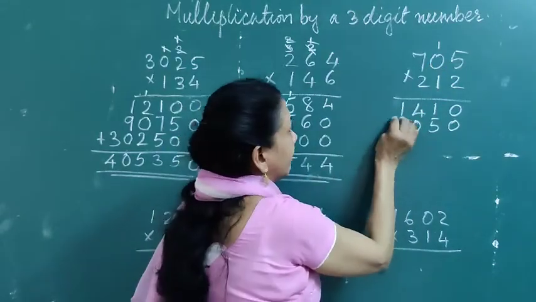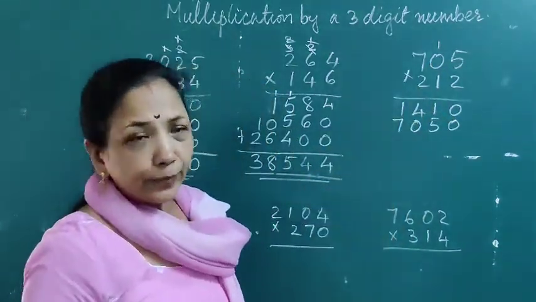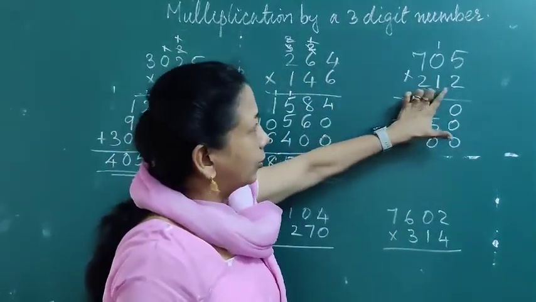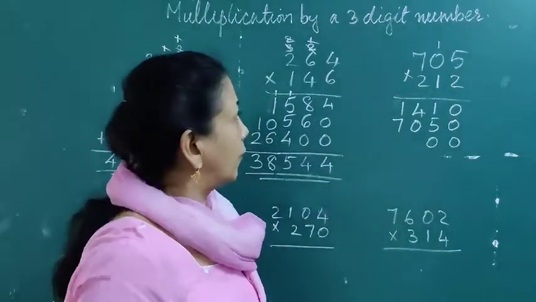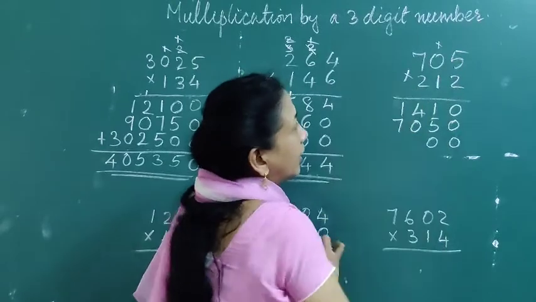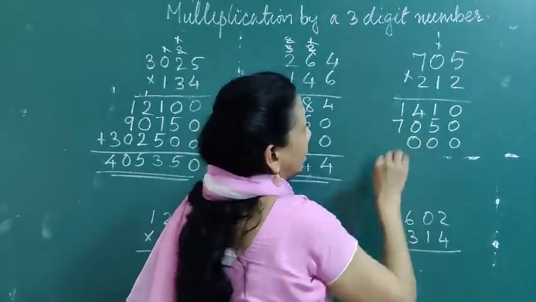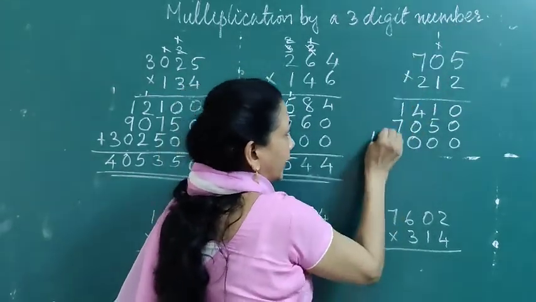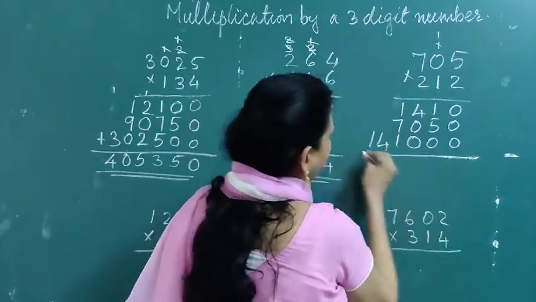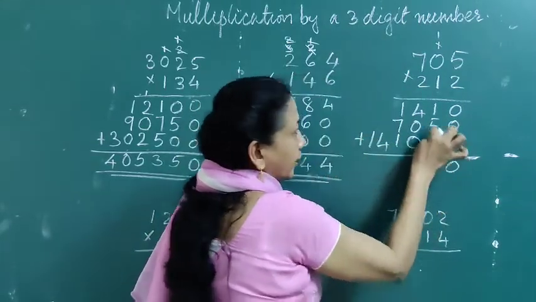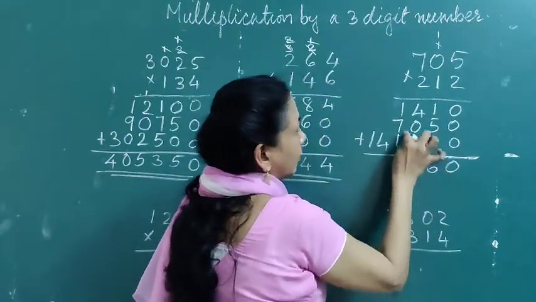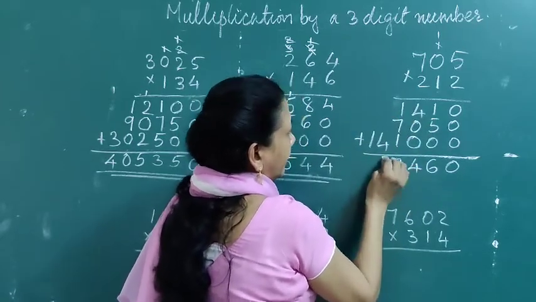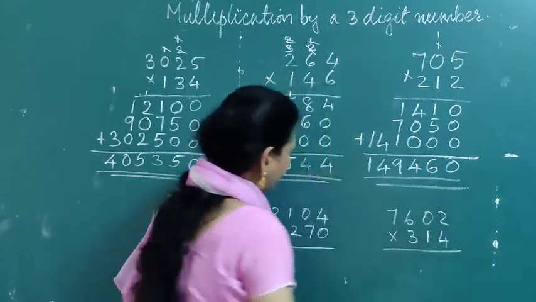1 7 is 7. Now you are multiplying with the hundreds place. So add 2 zeros here. Ones place and tens place. So here 2 numbers are there. That 2 numbers you put 0. 2 5s are 10. So 1 carry here 0. 2 0 is 0. 0 plus 1, 1. 2 7s are 14. There is no other number. So you write full here. Now add. 0 plus 5 plus 1, 6. 0 plus 0 plus 4, 4. 1 plus 7 plus 1, 9. Then here 4, 1. Okay.